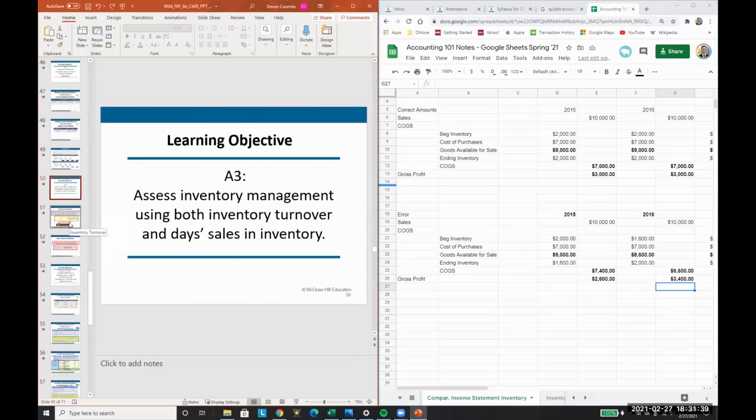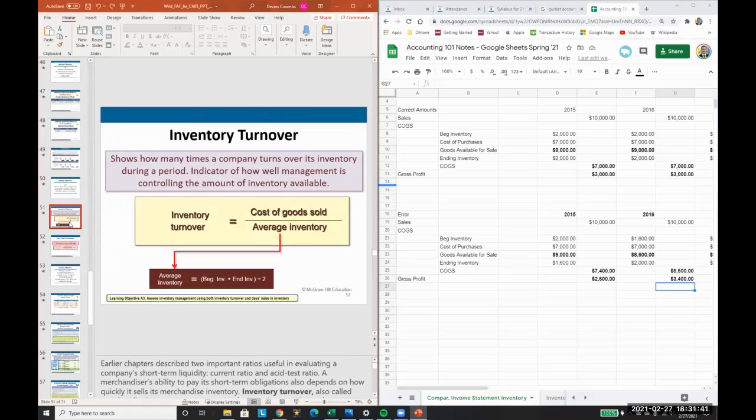So now we're going to talk about some ratios. Something we can do to assess a business: a business can be profitable in two ways, really. You can have a successful business in two ways. You could either sell very high margin goods, but not frequently. You could think of a car dealership, right? You're probably not going to sell a million cars a month. You might sell 100, but hopefully every car gets you